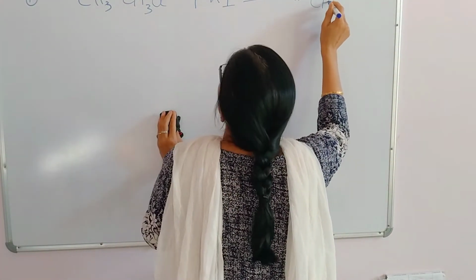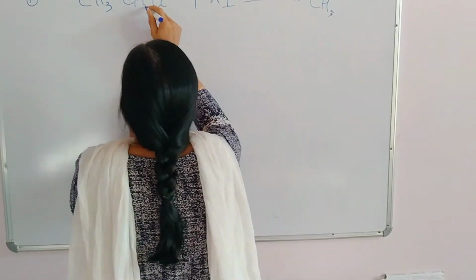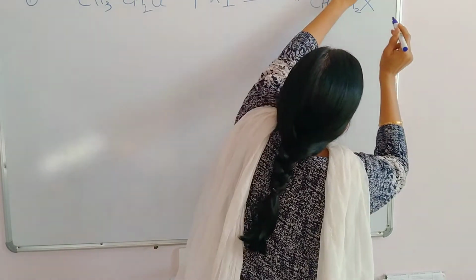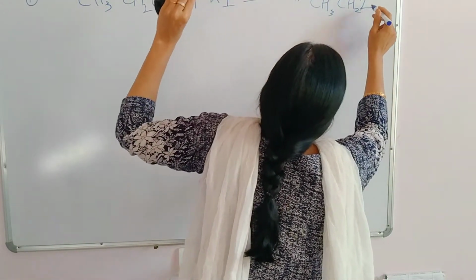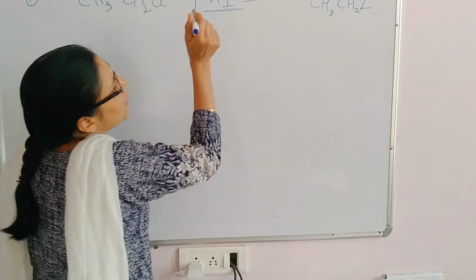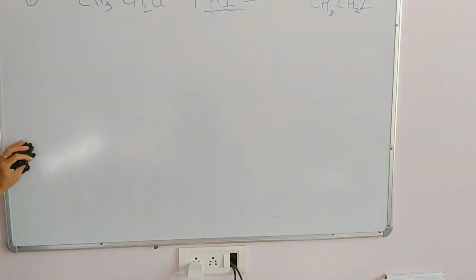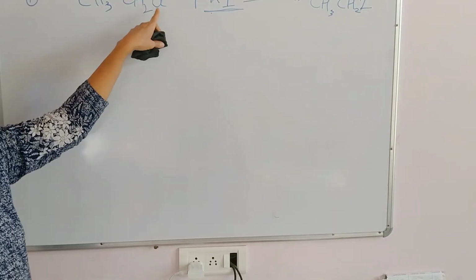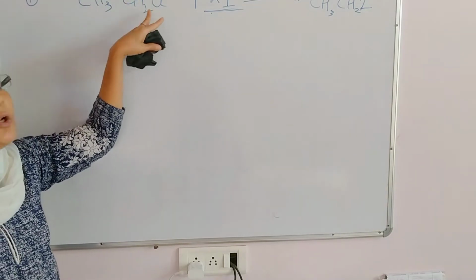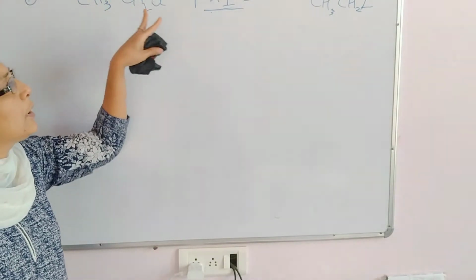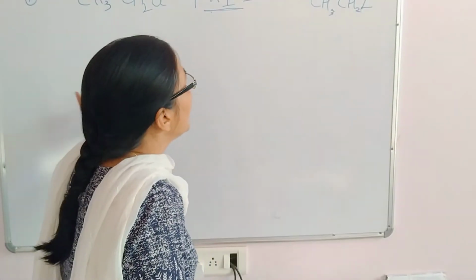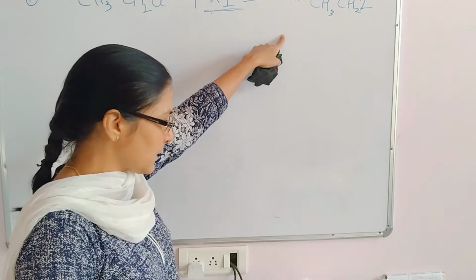There will be formation of CH3CH2I. This is a halogen exchange reaction. In this halogen exchange reaction, only for the iodo derivative we have to take this reaction. This may be a chloro or bromo derivative, and this R group can be extended. So such a halo derivative, chloro or bromo derivative, treated with KI and acetone, there will be formation of the iodo derivative. This reaction is known as the Finkelstein reaction.